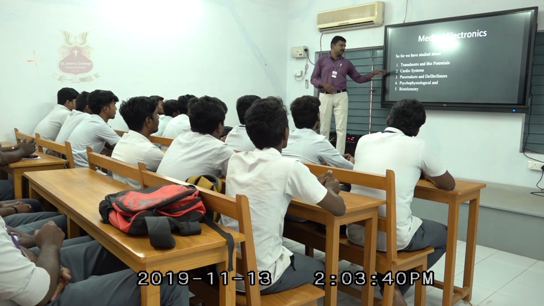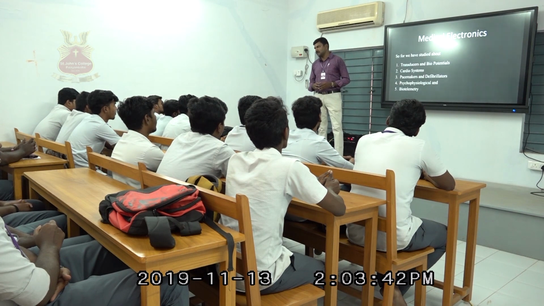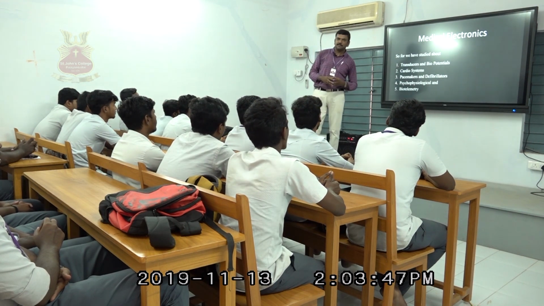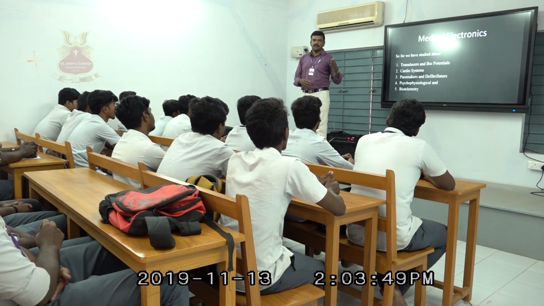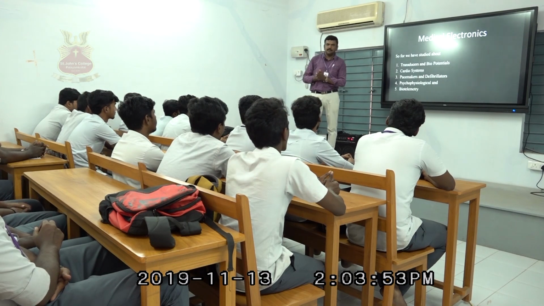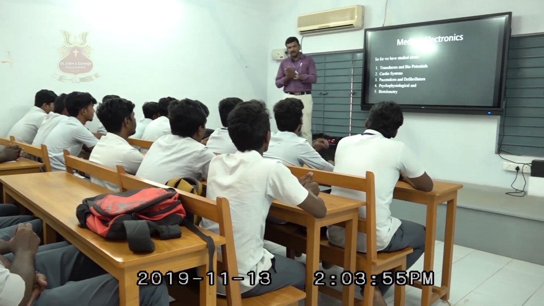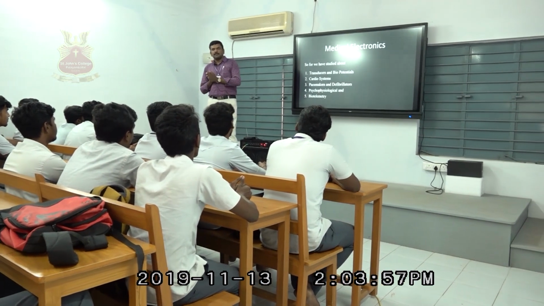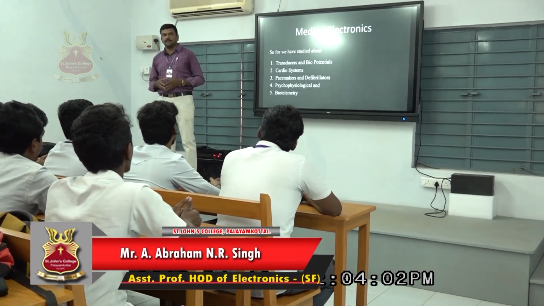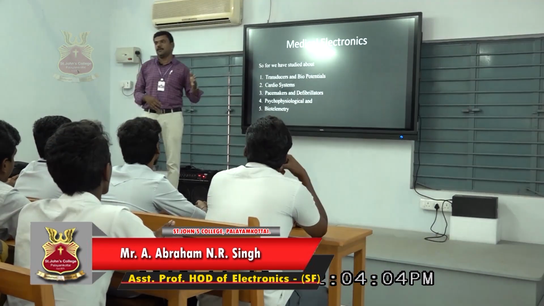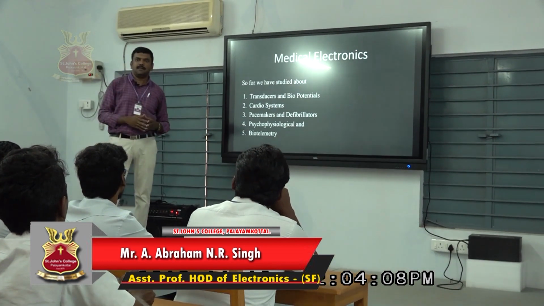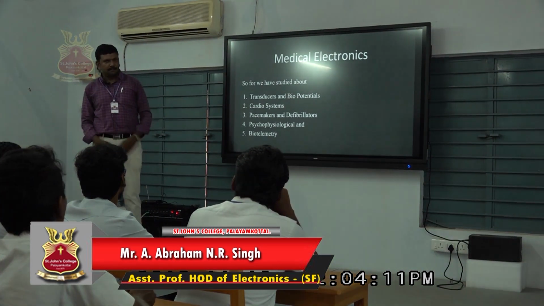Okay. Then we saw about the cardio systems. Our heart has 4 chambers and 4 valve system. 2 valves let the blood into the heart and 2 valves let the blood out of the heart. There is a pulmonary circulation system and superior and inferior vena cava circulation systems. Pulmonary systems get the blood from the heart to the lungs and back to the heart, and superior and inferior vena cava get the blood from parts of the body.